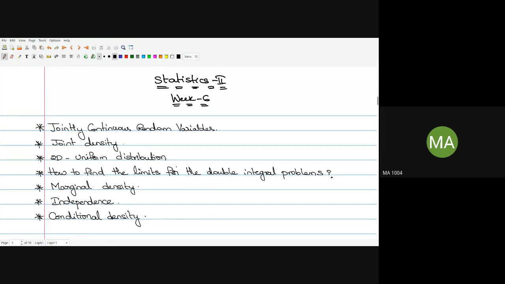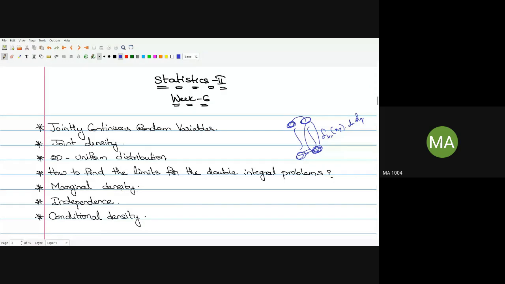Uniform we can compute easily. What if it is non-uniform? In the non-uniform case, we will try to find the limits. If you have gone through the lectures, you will see it is a double integral of f(x,y) dx dy. So how to compute these integrals? Will it be one after the other, or do you compute it whole? We will see that. And there will also be limits for these integrals, so how to find them, from where to where we have to integrate, we will see that.